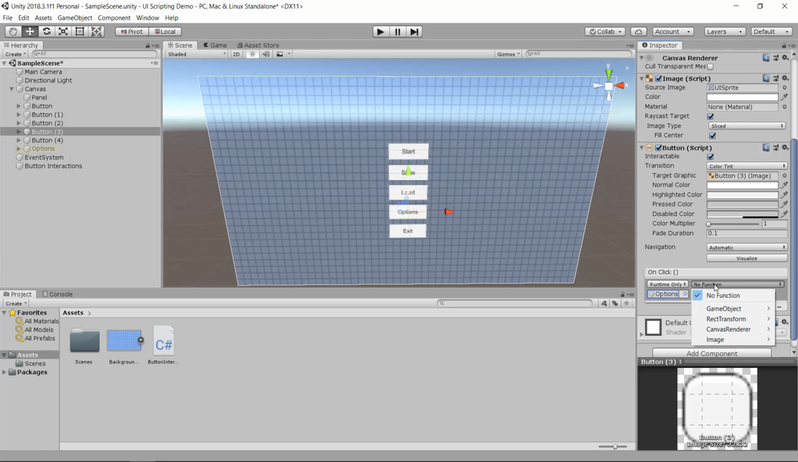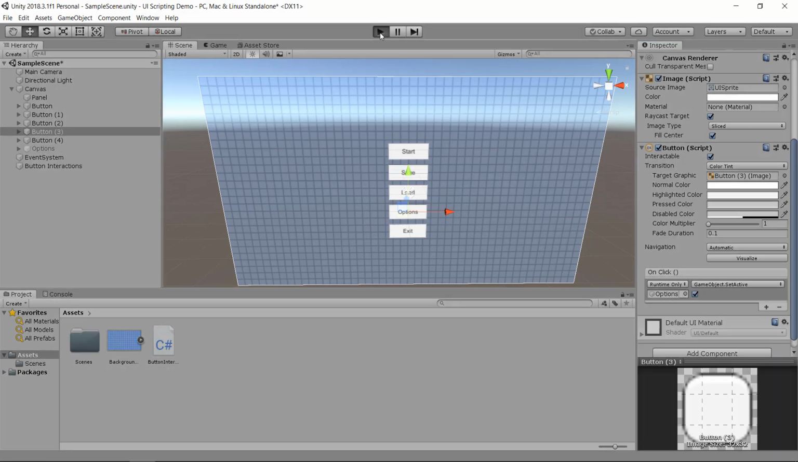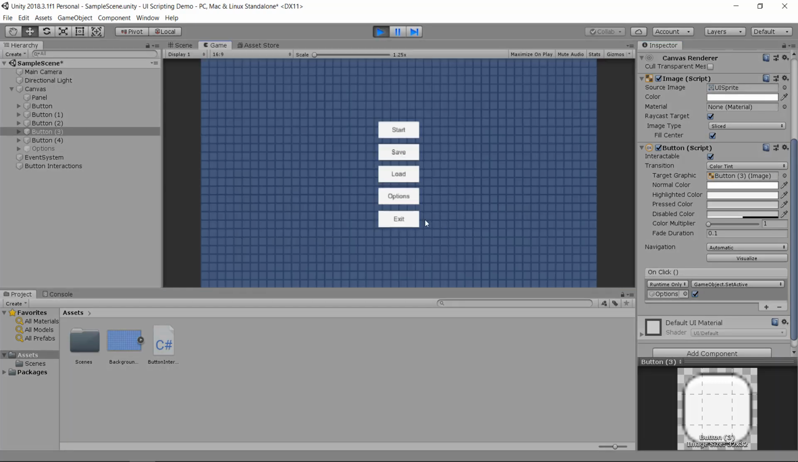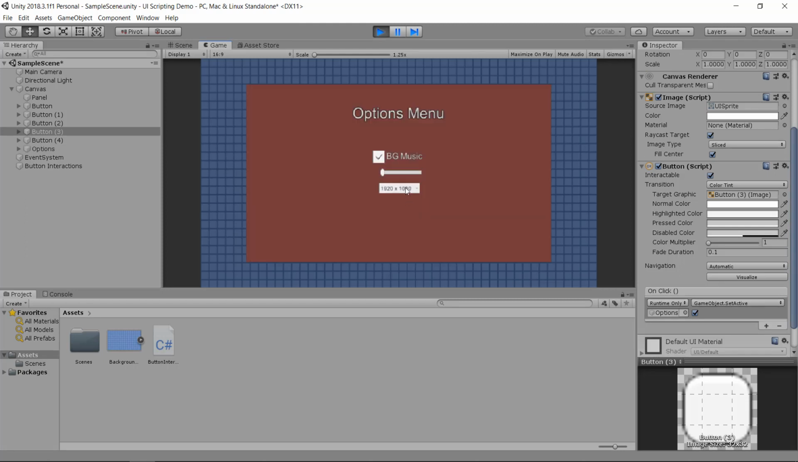And then from the no function drop down, you can choose game object and set active bool. And so this allows you to turn a game object on and off. So if we check this box, then when we click this button, it's going to find this panel and set the panel active. So I'm going to hit play and test that. So now if I hit the options button, it opens up my options menu